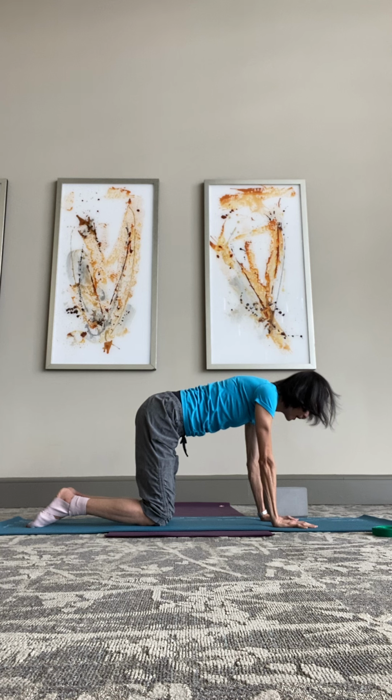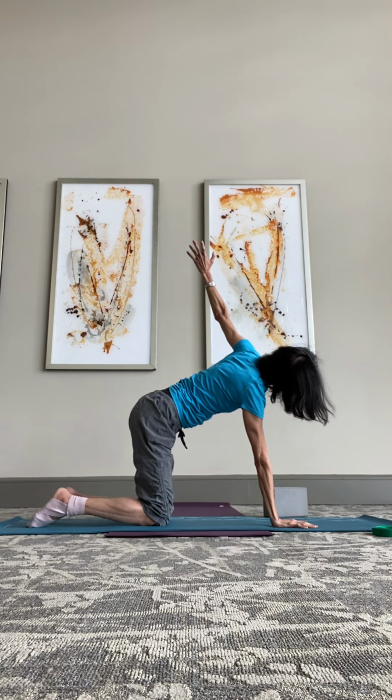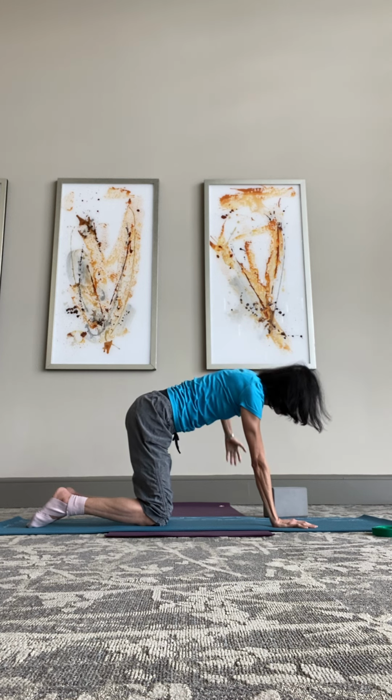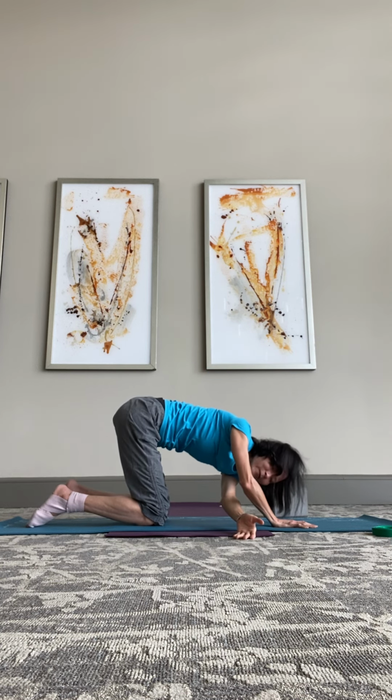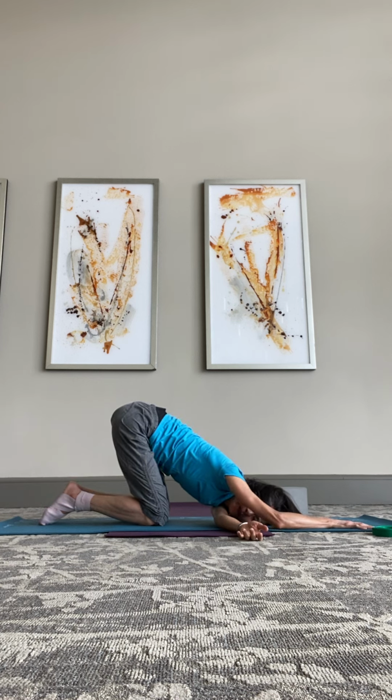When your body is ready, inhale, right arm out to the side, up toward the ceiling. Turn your chest toward the right side, and see whether you can draw your right shoulder away from your chest. Exhale, thread the needle, reaching your right hand towards the left side to lower your right shoulder and right ear